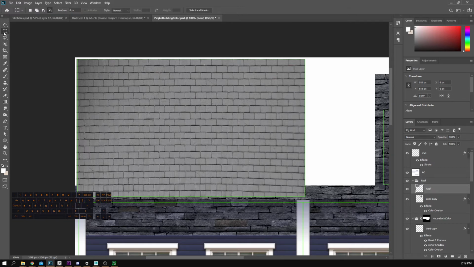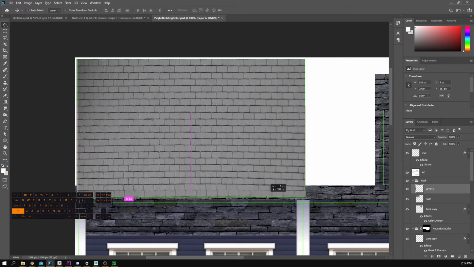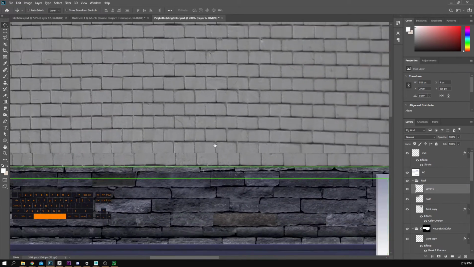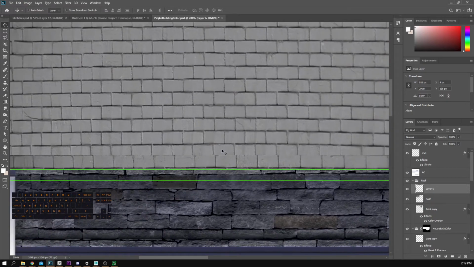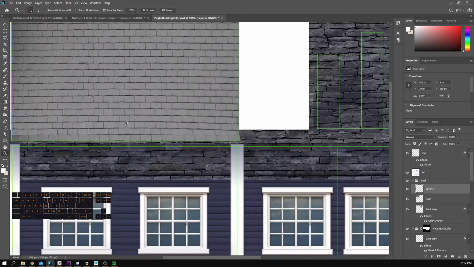So I'm going to grab my marquee selection tool. And I'm going to go across. Let's use this one. All the way to the end. Control C, Control V. And now hold down Shift. Left mouse, drag down. Okay. Now that I have that, let me move this down a little bit more. Looking a little bit better,